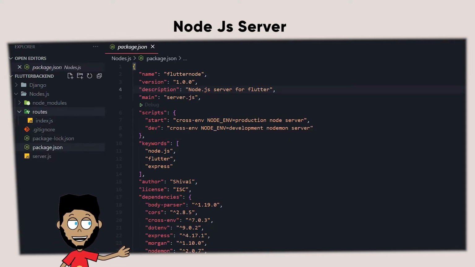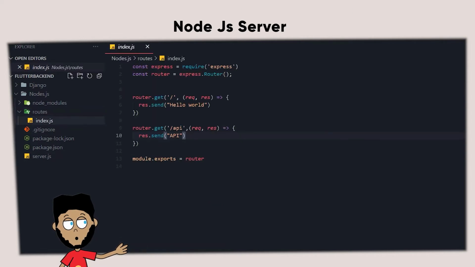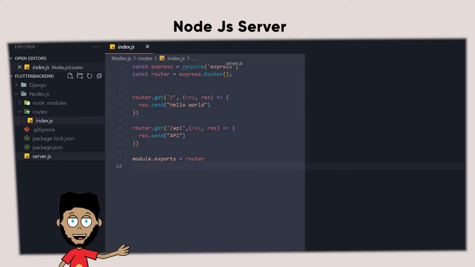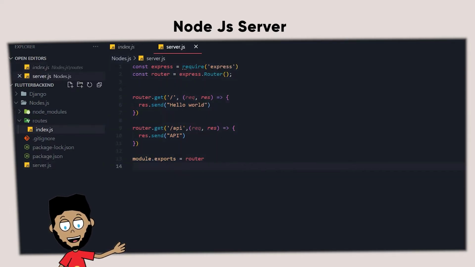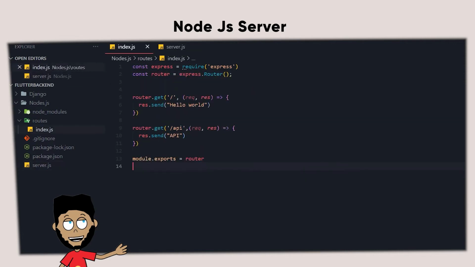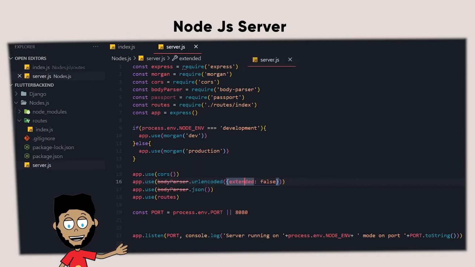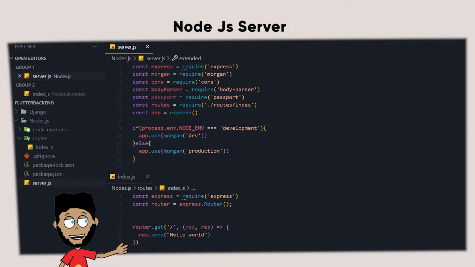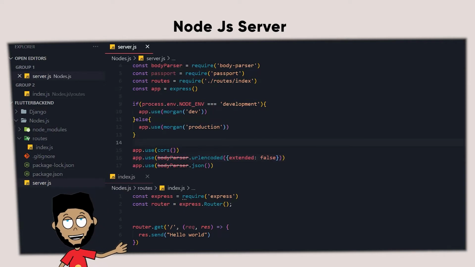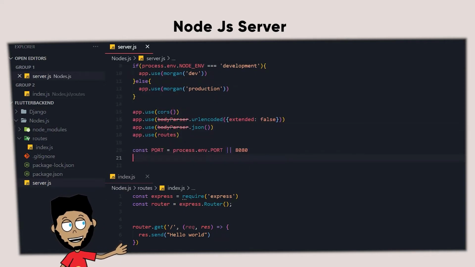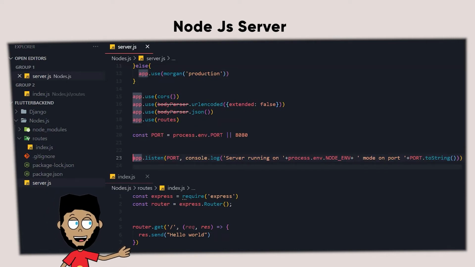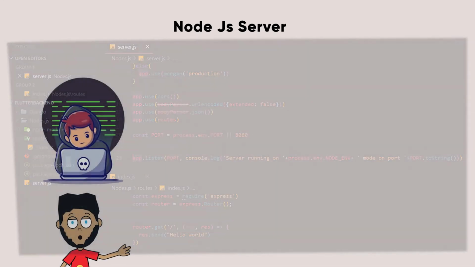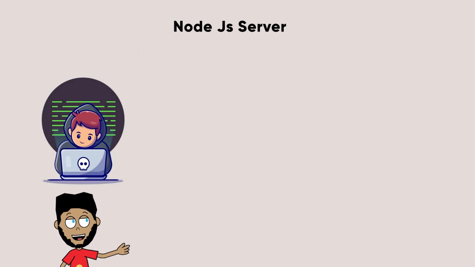Then we do basic configuration. All of that is on the Express website also, and I will also show the link and the picture of how it looks like. And then we make a variable port which either uses the environment defined port, if we define a port in the environment, or we can use our own, like 8080. Then we let the app listen, so it will listen for any connection to the server.